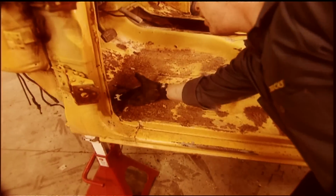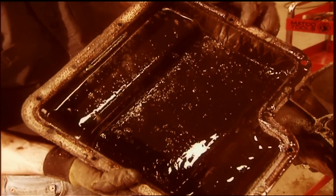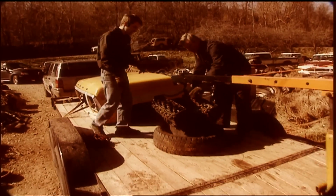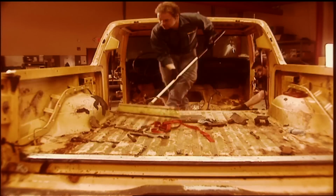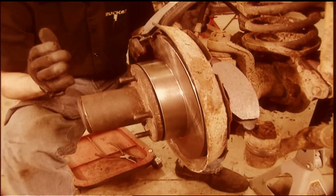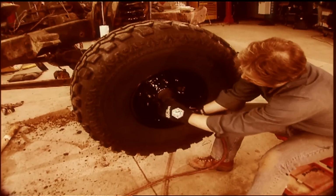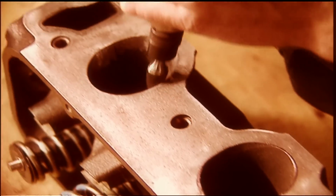The floors were rusty, the engine was gone, the steering was shot, and the tranny, we had no clue if it was any good. And the drive shafts, they flopped around more than fish out of water. But we did end up with a free 460 long block as a little extra incentive to haul it away. So we dug in, repaired some rust holes, refurbished the axles, lifted it 4 inches, threw on some serious 37-inch swampers, and went through the big block, tossing in a hotter cam and intake, and massaged the airways a little